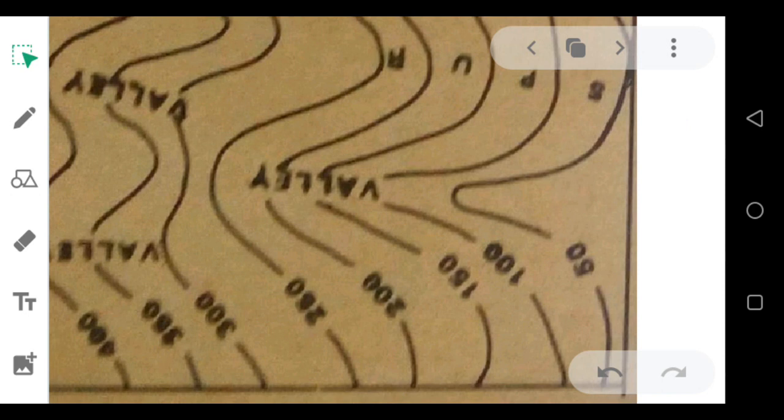It's usually shown at the bottom of the map where the keys are displayed. The contour intervals are usually written there. So when you check the map below, in the keys given, you will see it. They will write contour interval is 50 meters or 100 meters or 100 feet, whatever. So that is that.